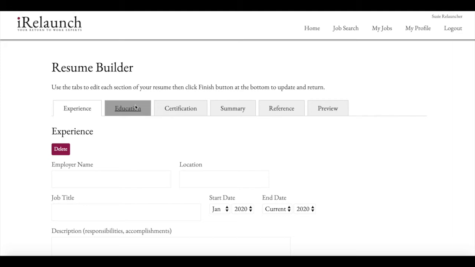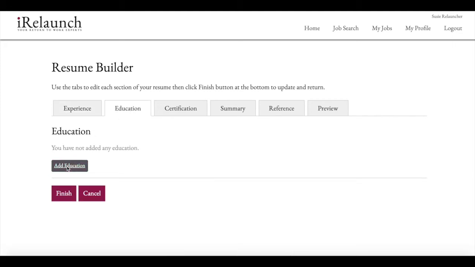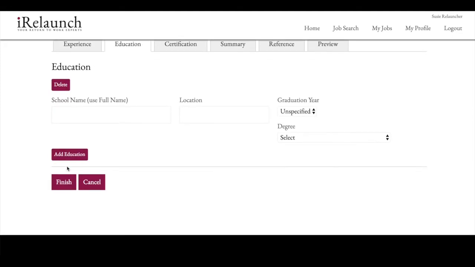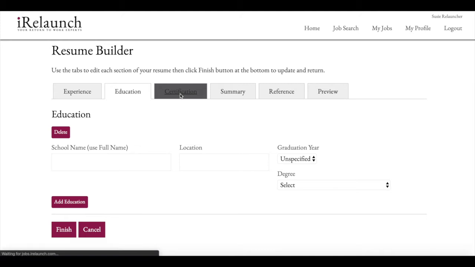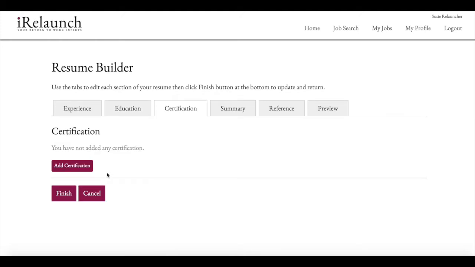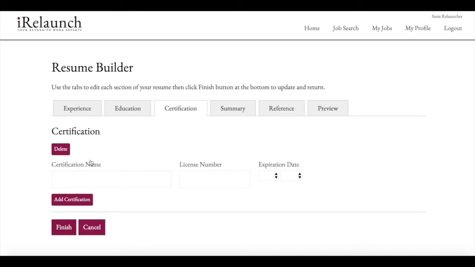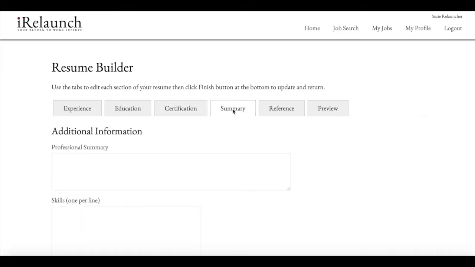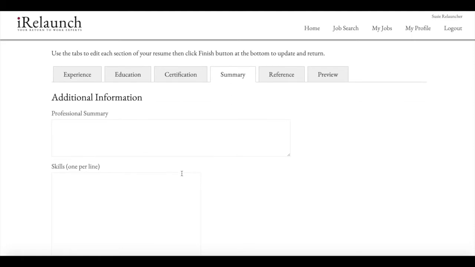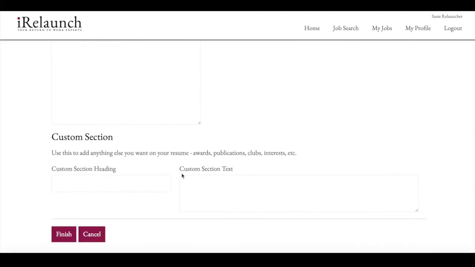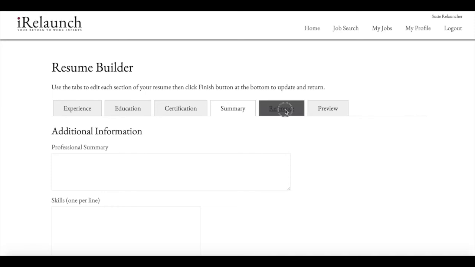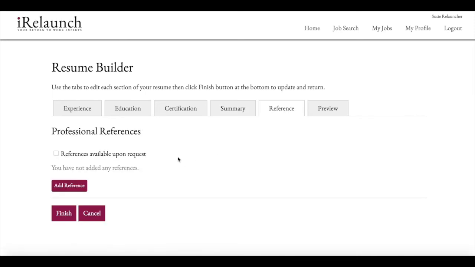So you can add your experience, you can add education, any certifications that you might have. And after each tab, make sure to click finish. I'm just clicking around so I can show you what each of the tabs is. And then if there's a professional summary or skills you want to type out,